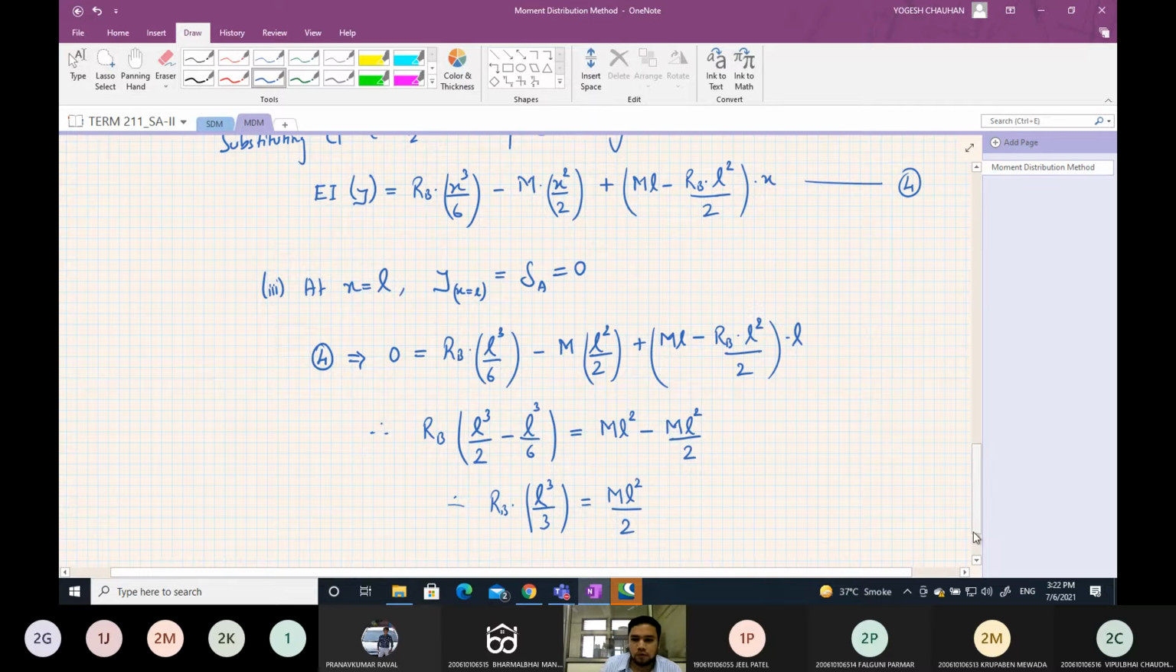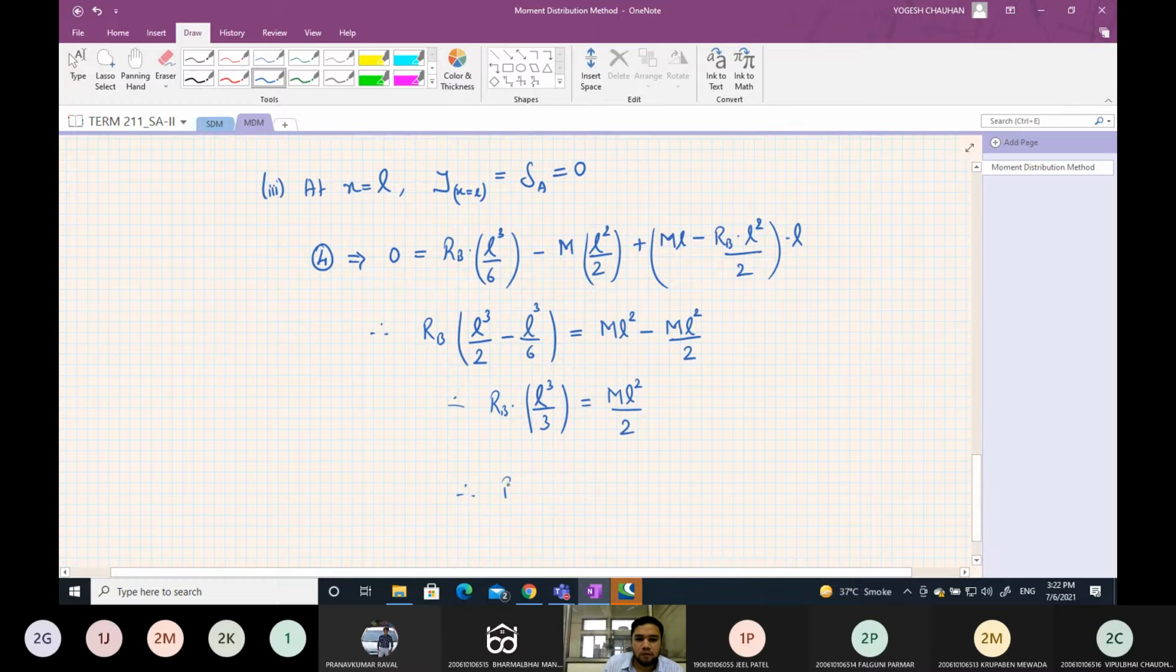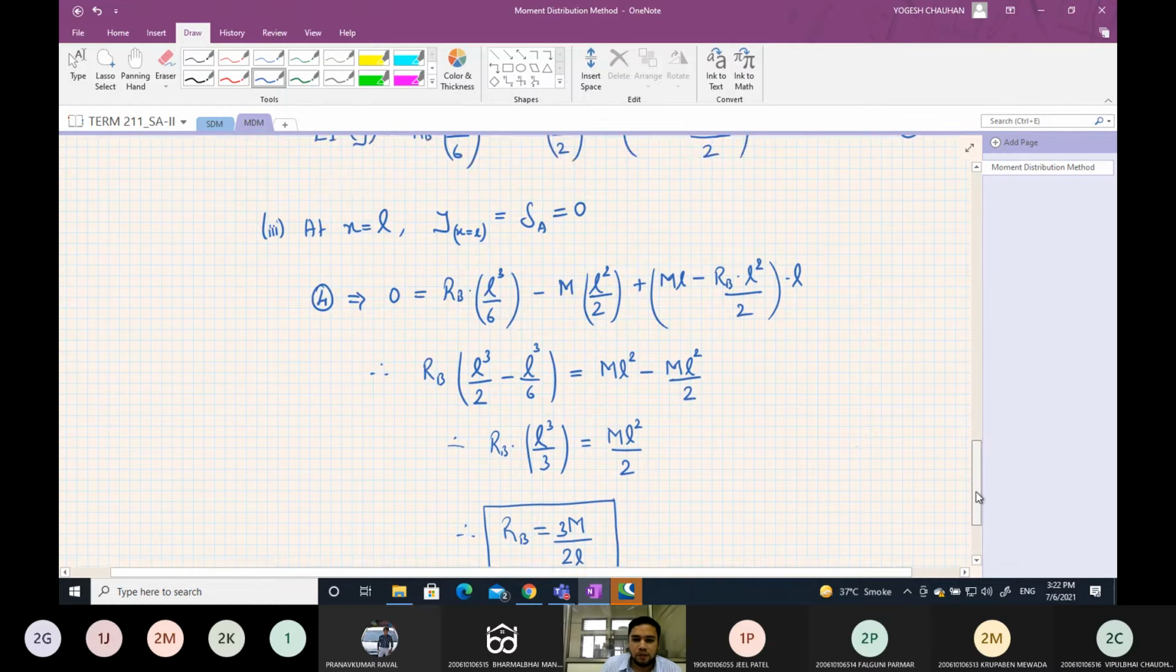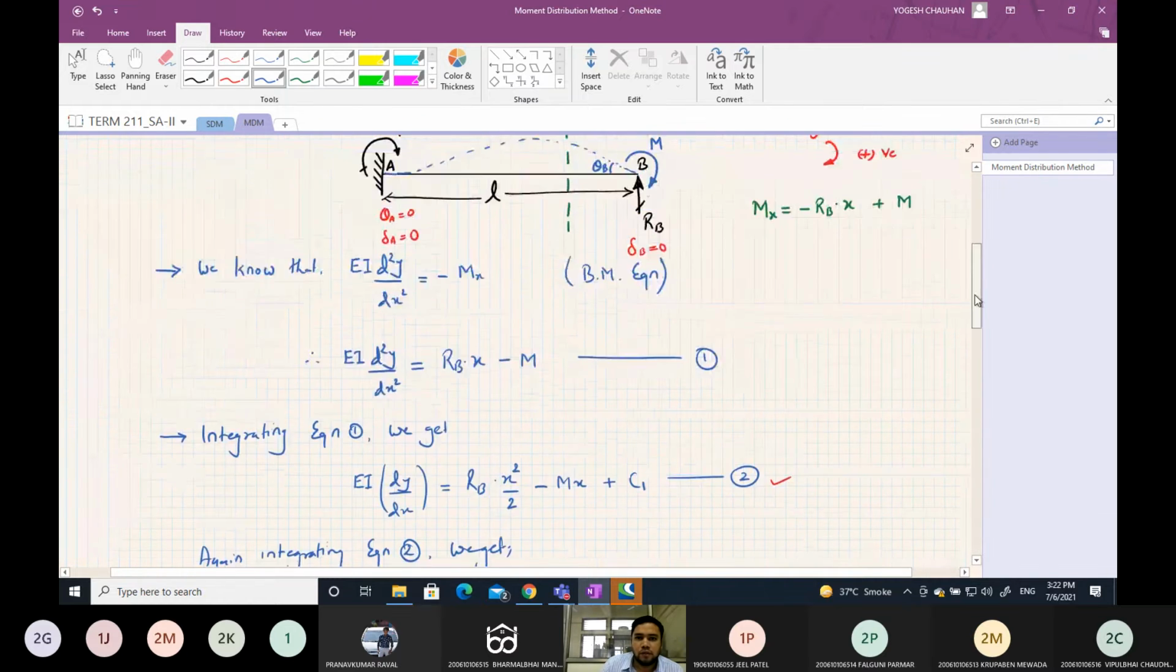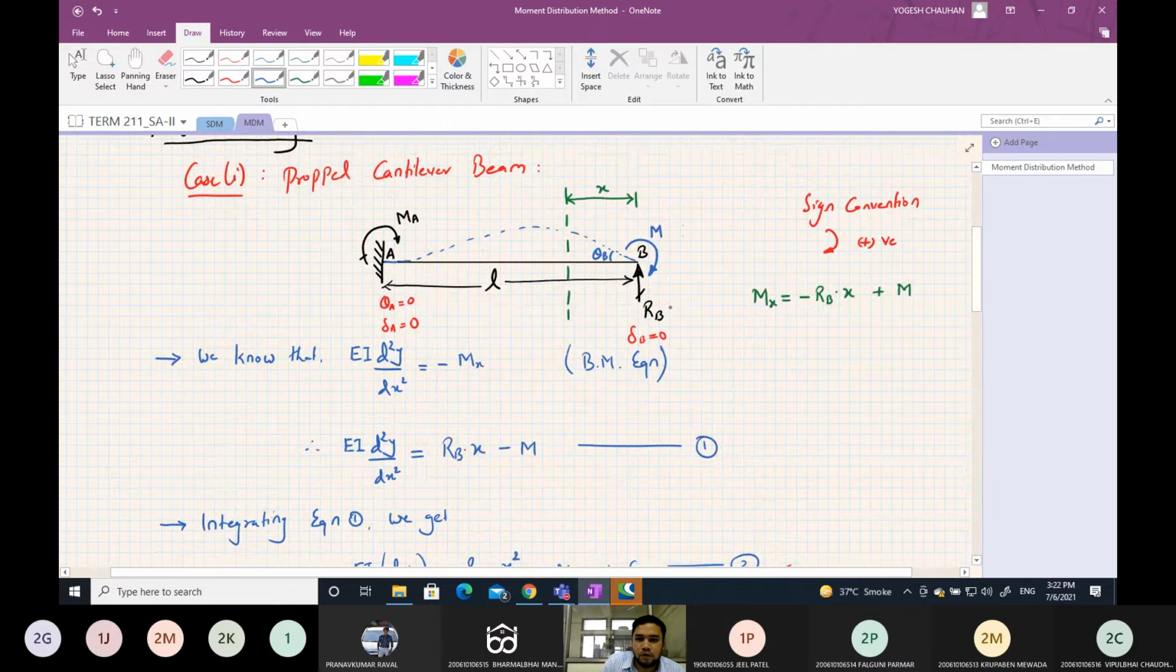So you will get, therefore, RB is equal to 3M by 2L. This is the reaction RB. So you get the value of RB equals 3M by 2L. Okay. Now you can find the other